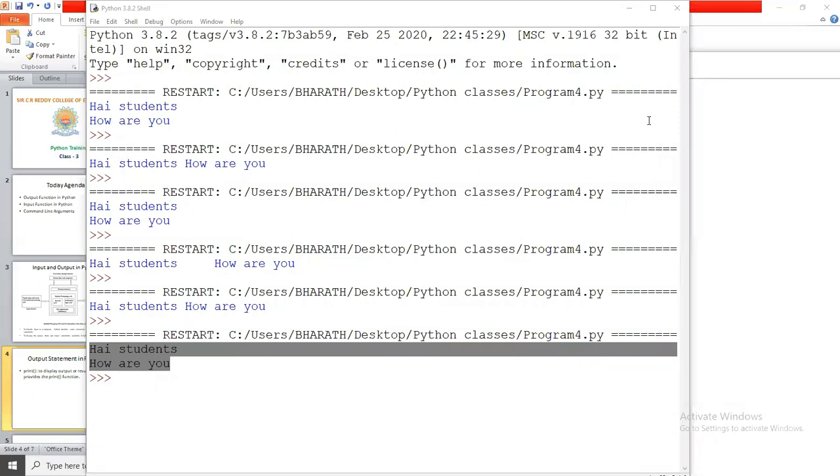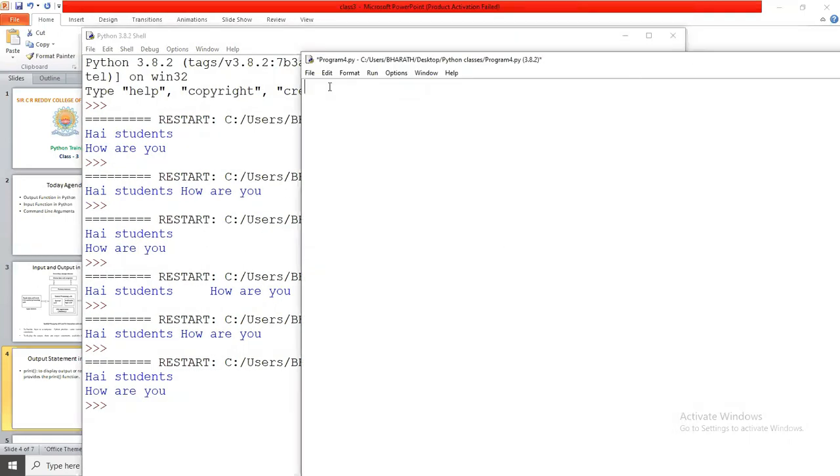Now I'm taking two variables: a equals 10, b equals 20. In Python, you can also assign the values like this: a comma b equals 10 comma 20.